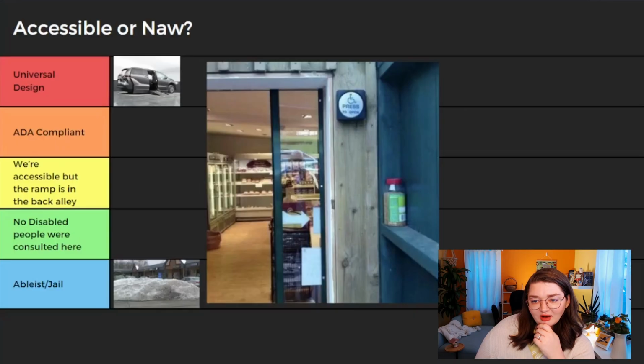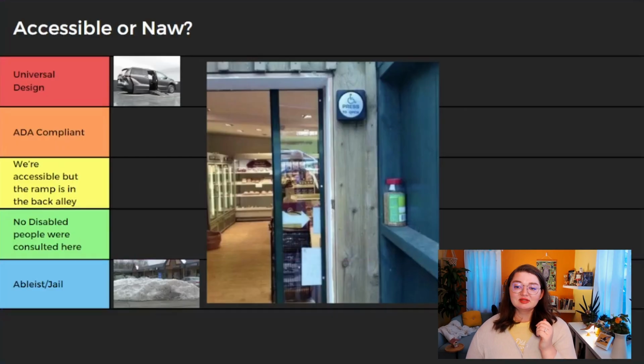Wow. I'm speechless, honestly. Okay, so this one, it's a picture of a door and then a button to push the door open, like an accessible door opening button. But the button is at the top of the door frame, where you'd have to be standing in order to reach it. That's ridiculous. We're gonna put this one in